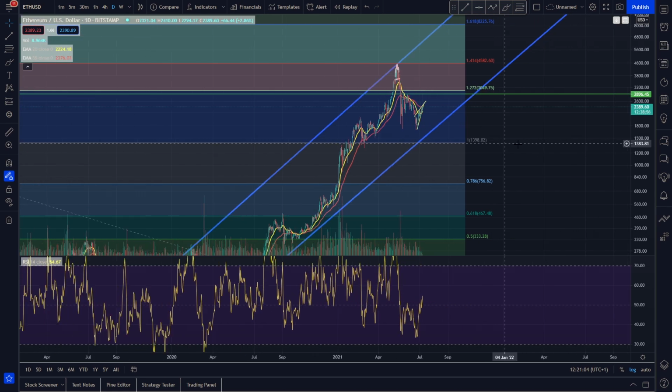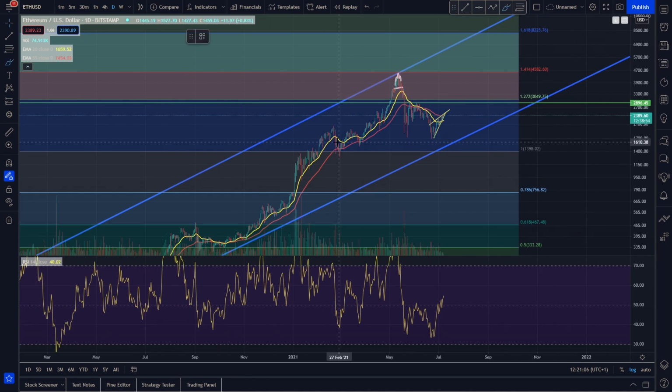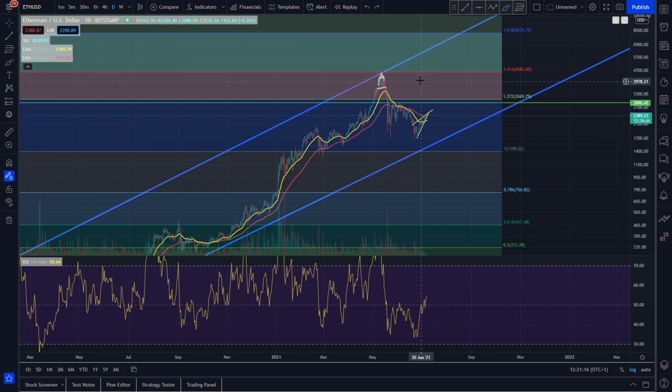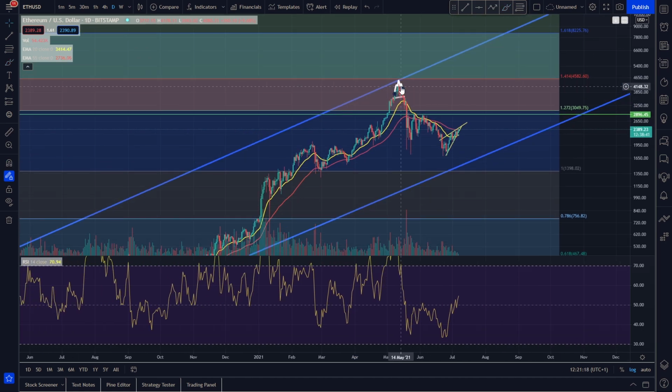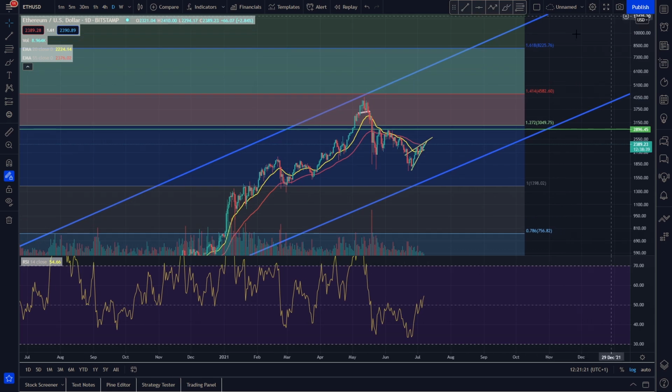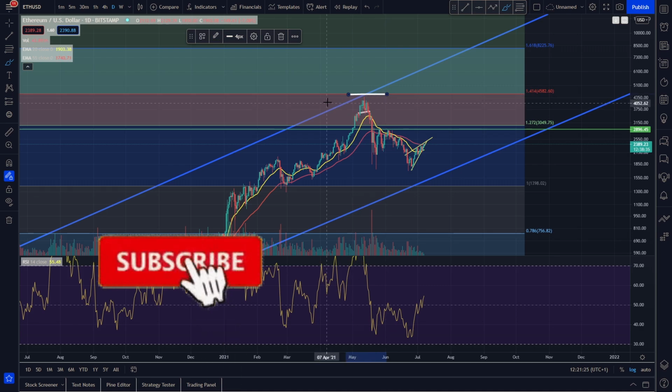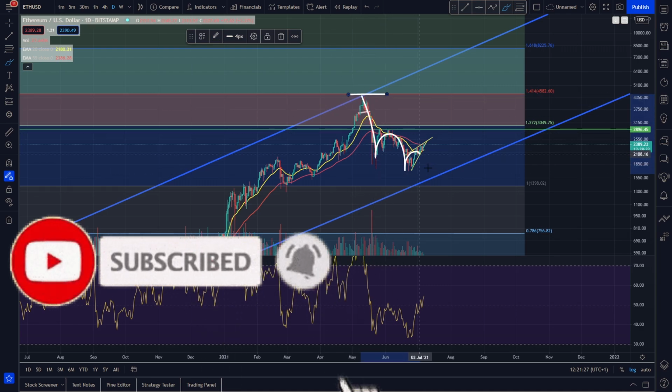Got back to the previous all-time high here. Then we came up into this range, backtested the previous all-time high support, which is good to see. And then we had this really parabolic hockey stick run up, didn't we? Which took us all the way up pretty much perfectly to the 1.41 extension here, as you can see. The 1.41 extension almost exactly touched this. And then obviously since then we have been rolling over.